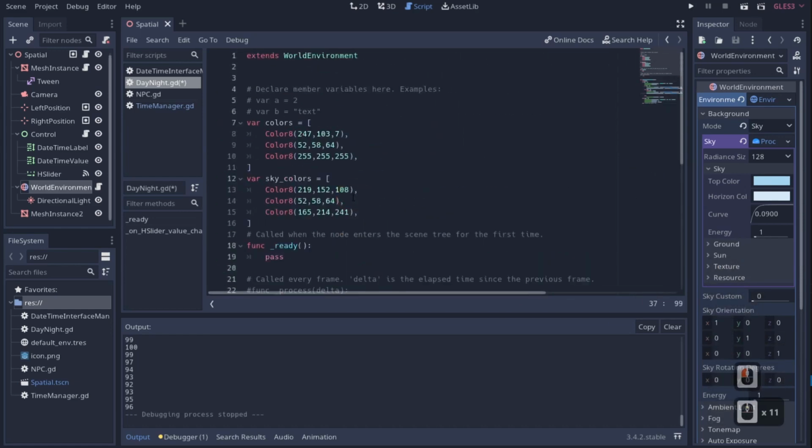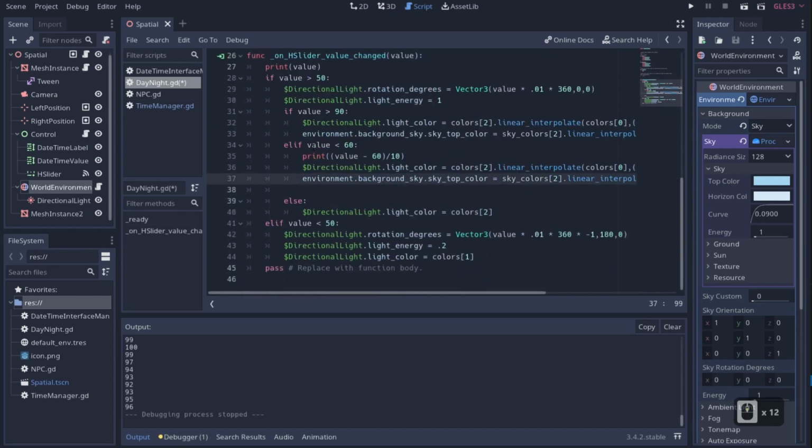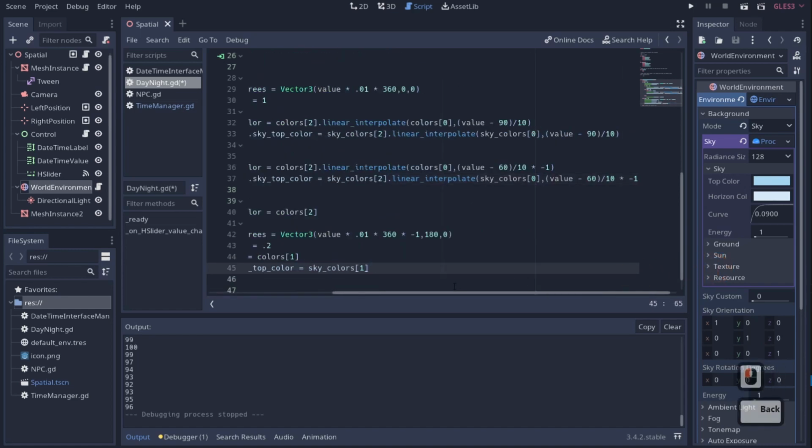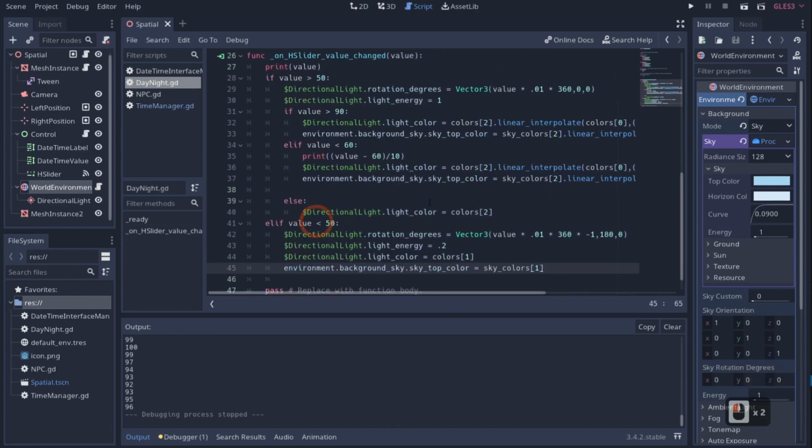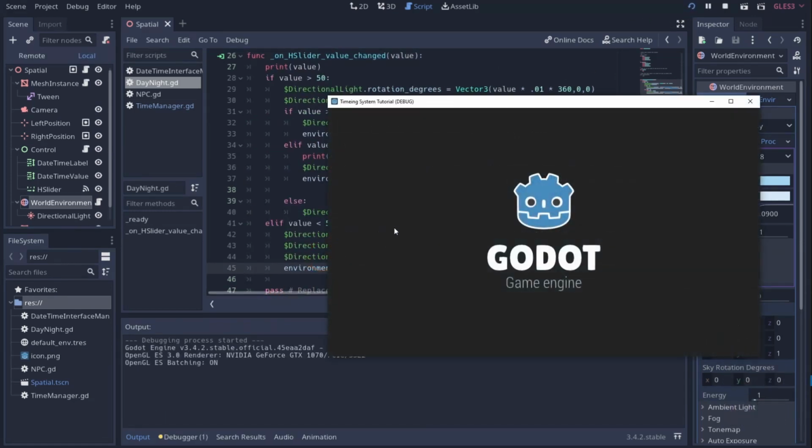If I remember correctly, if I scroll up, it's basically the same. Which means if we copy this and come down here and paste, we can set our environment color to sky_color 1, I believe. And then we can set this. Awesome. So now if we hit play,